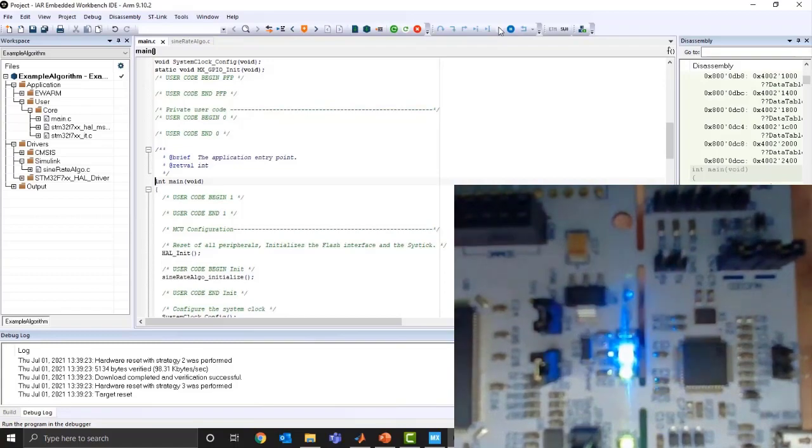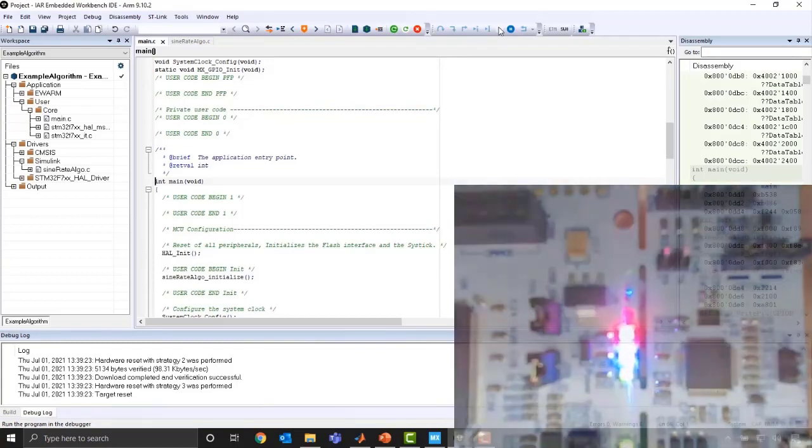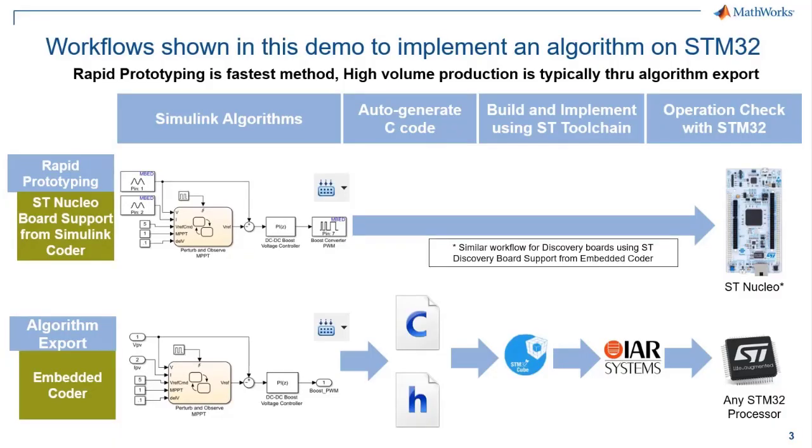All right, to wrap up, we saw how we could take algorithms that we've created in Simulink, generate code, and deploy them to hardware in two different ways. The first approach was to use a hardware support package, which simplified the process, allowed us to go directly to the board, and automatically takes care of the compilation process, interfacing with the drivers, and all of that. So when a hardware support package is available, this can significantly simplify the code generation process.